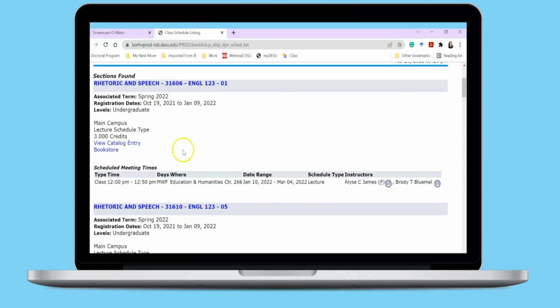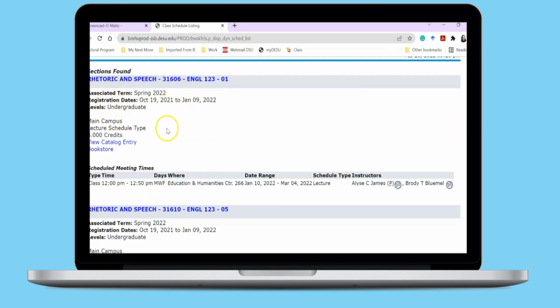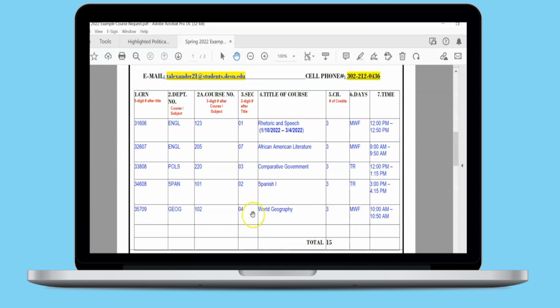Also, you want to pay attention to the days that the classes are taken, which is Monday, Wednesday, Friday, and the time, 12 to 12:50 p.m. After you have noted this information, you want to go back to your course request form, fill in the CRN number, which is the 5-digit number after the title,